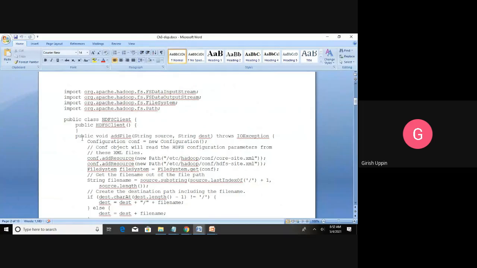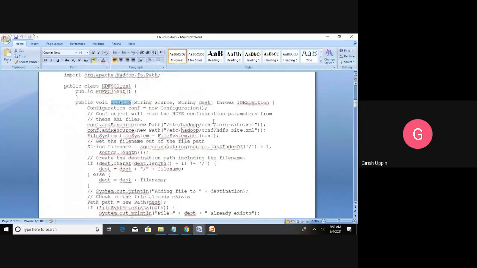After that we have a method called addFile. It is a public method, and it is void, it does not return anything, and it takes two parameters of type String. One is called the source and the other the destination. So when we are adding the file, it throws IOException.